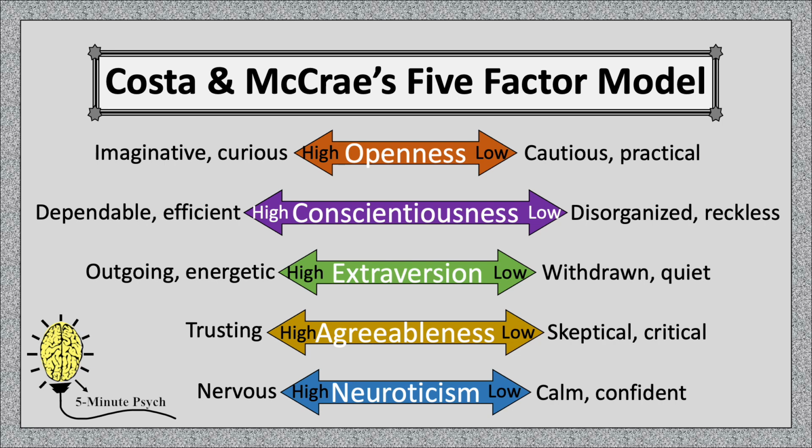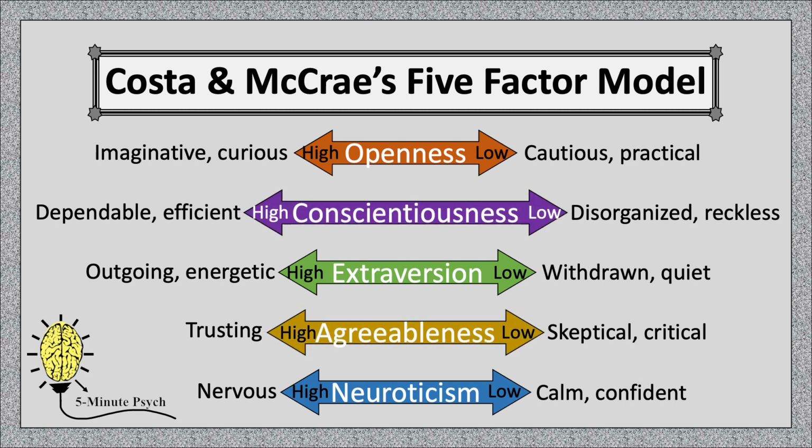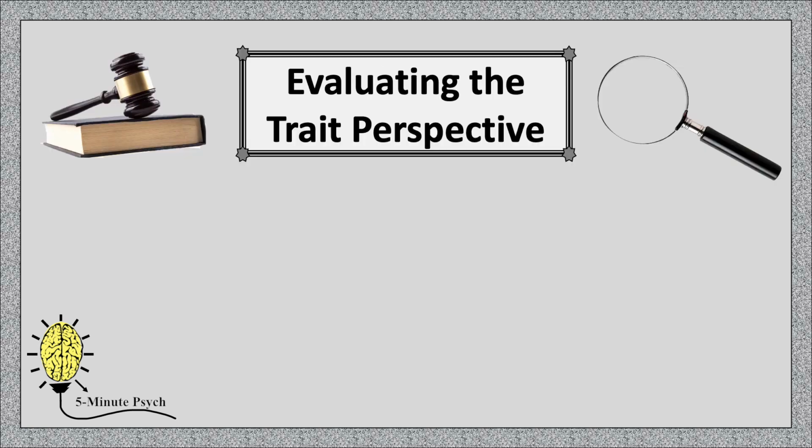In fact, there's some overlap with the traits in the 5-factor model and Eysenck's original 3 superfactors. They both have the trait extroversion and neuroticism, and Eysenck's psychoticism could be considered like a combination of the 5-factor model's conscientiousness and agreeableness. In any case, today, this is how personality is most typically thought of among researchers in the field. As a theory of personality, the trait perspective has enjoyed substantial support.